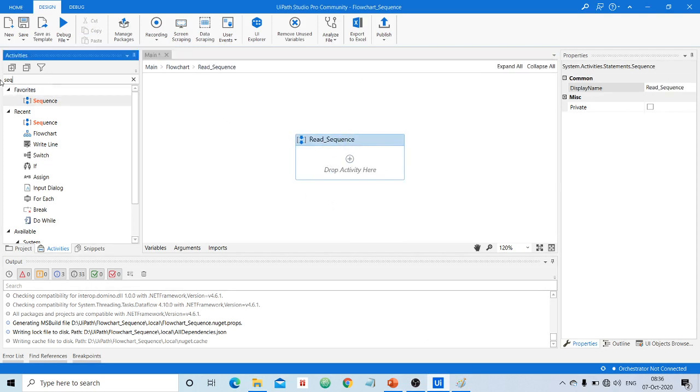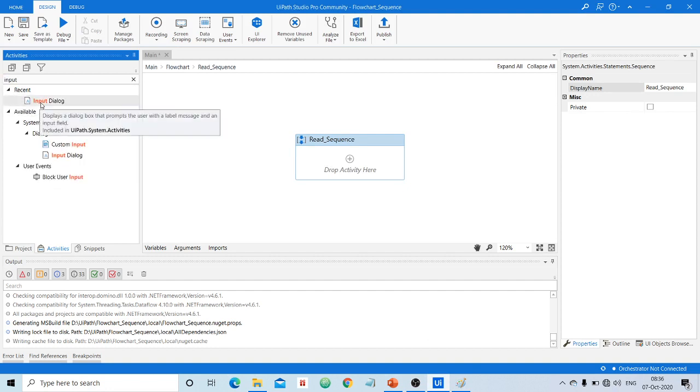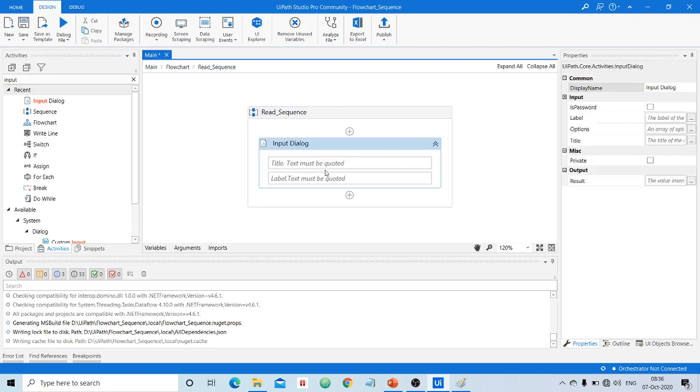In the read sequence, we need to read the values for three variables one by one. We are already aware of the input dialog activity, which allows us to ask the user a question: enter the value for x.